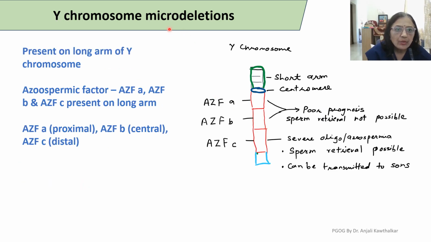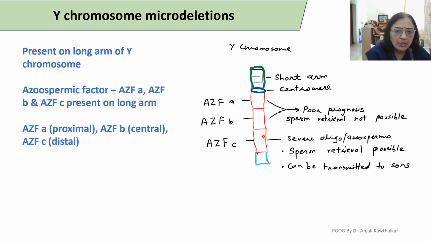Now, Y chromosome microdeletions are present on the long arm of the Y chromosome. This is the Y chromosome, this is the short arm, this is the long arm, and here there is a centromere connecting the short arm and long arm with each other. Now, azoospermic factors A, B, and C are present on this long arm. A is proximal, B is central, and azoospermic factor C is at the distal end of the long arm